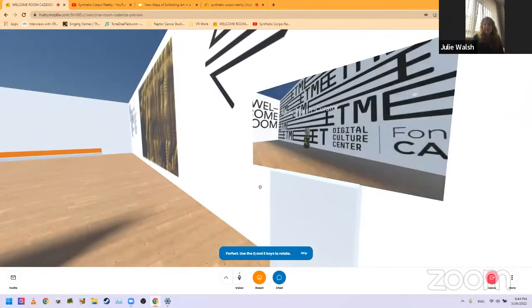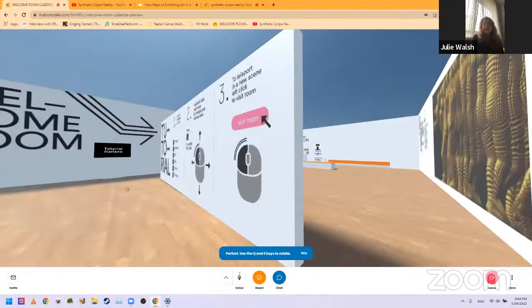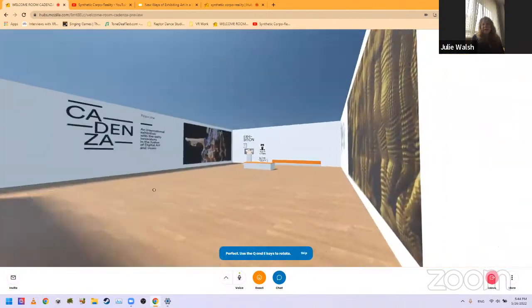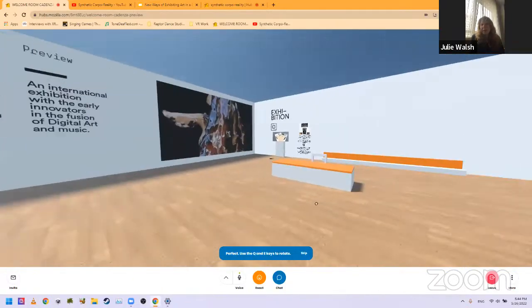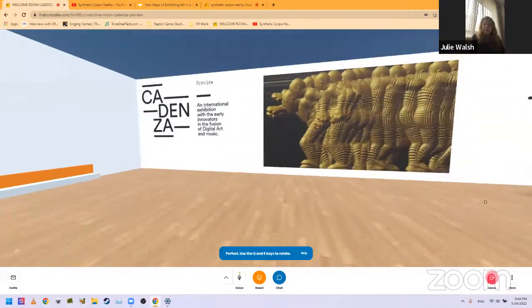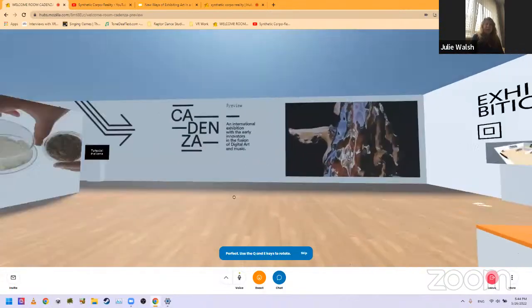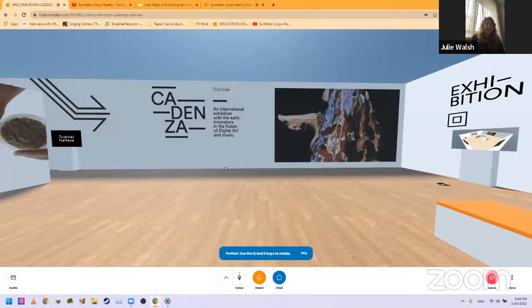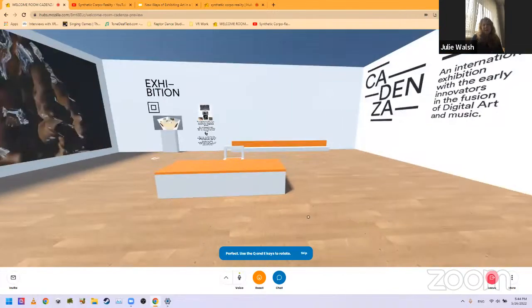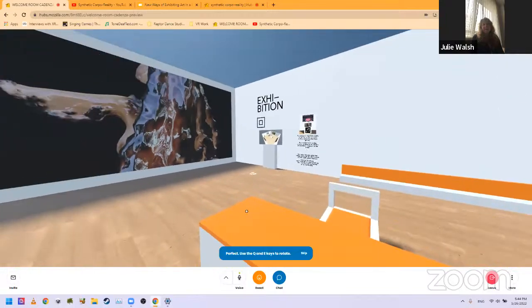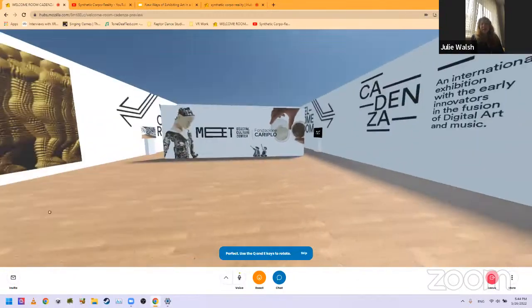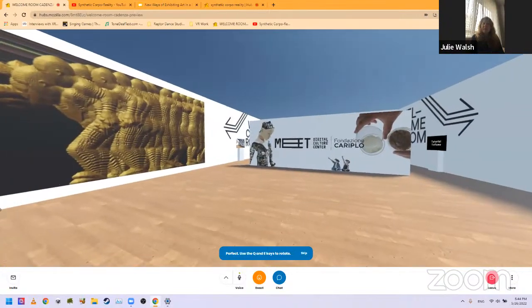And you can see Michael is just activating the video, and then there's a tutorial about how to move in the space. And if you go behind this, there's a big open space here. And it's almost the same space for the synthetic corporeal reality exhibition. One of the great things about having a tutorial or a welcome space before your exhibition is it gives you a training center. And also you can do workshops in this space. And so Meet did a variety of workshops, including dance performances.